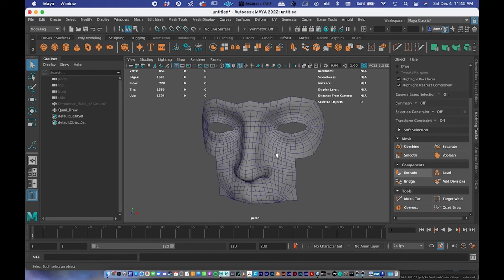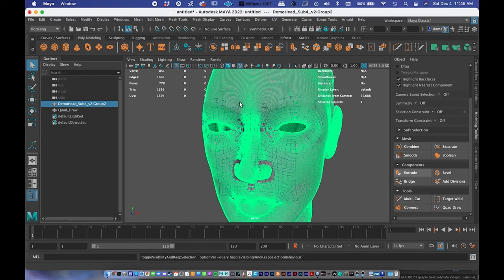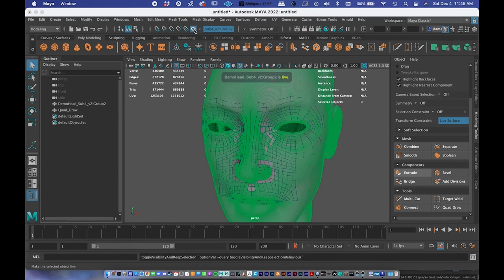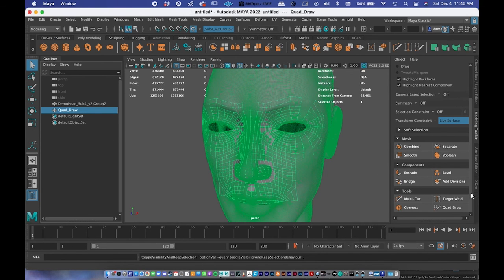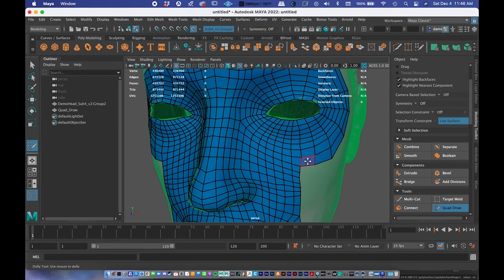So one last thing I want to show is I think I forgot to show that you can delete faces while using the quad draw tool. So I'm just going to bring back the original model, press this button right here to make it live, and now select the quad draw model and then press quad draw to pull this back up. So here,